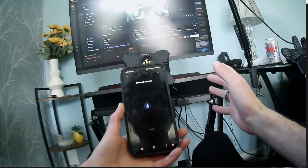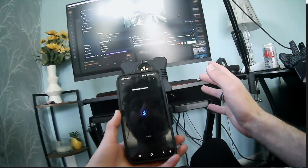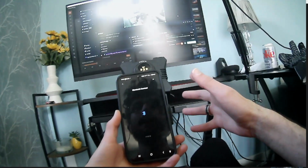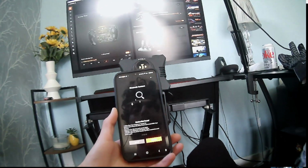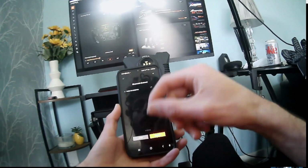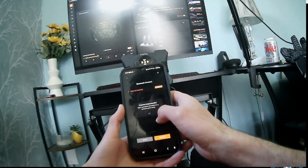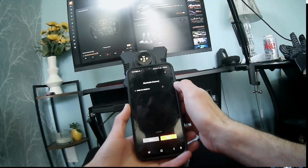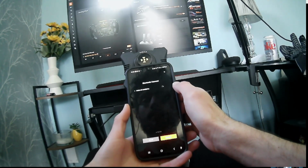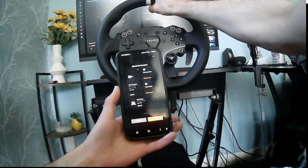So I just hit connected device. It does take a minute sometimes. Moza is running, yes. Sometimes you do have to turn it off and then turn it back on, but no, there we go. Moza R5. Connect. There you go, the lights went green. And we are now connected to the R5. And as you can see, it says not detected for the steering wheel, but once we put the ES wheel on,